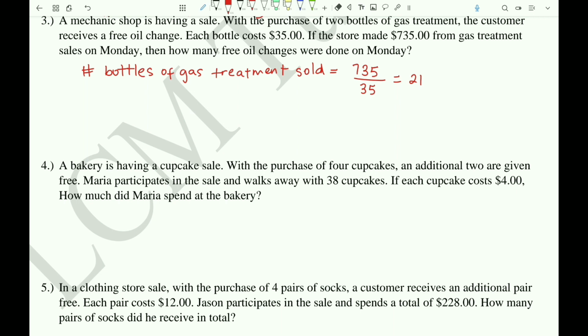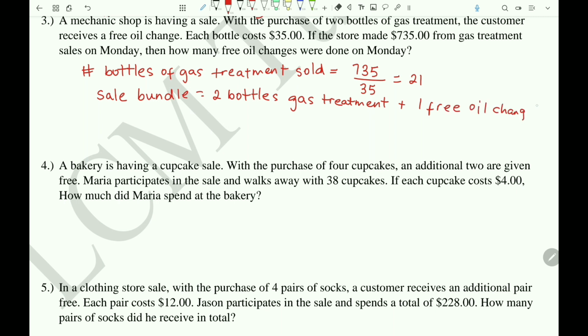Now, the sale bundle is 2 bottles of gas treatment and 1 free oil change. So let's write that down. Sale bundle. Two bottles gas treatment plus 1 free oil change. So let's find out how many free oil changes we had. So the number of free oil changes